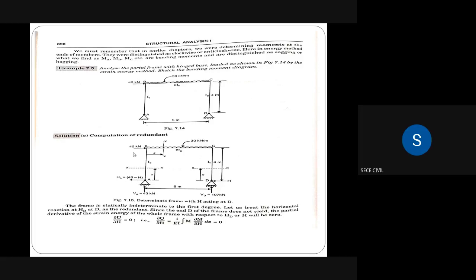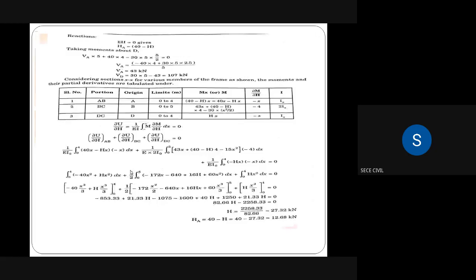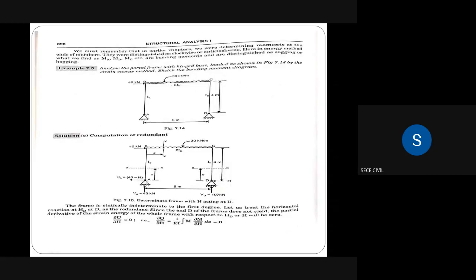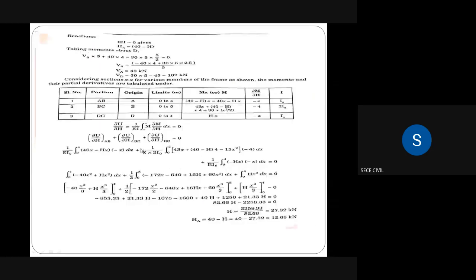ஓகே. ஸோ ஸ்பேன் ஏபியில் x is equal to 0னா பாயிண்ட் ஏ. x is equal to 4 மீட்டர்னா பாயிண்ட் பி. ஸோ பாயிண்ட் ஏ வந்து இன்ஜின் சப்போர்ட், அங்கே மூமெண்ட்டே வராது. x is equal to 0 சப்ஸ்டியூட் பண்ணால் 0 ஆயிரும். மூமெண்ட் அட் பாயிண்ட் ஏ 0 ஆயிரும். சிமிலர்லி when x is equal to 4 meter அப்படிங்கும்போது பாயிண்ட் பி. ஸோ பாயிண்ட் பிங்கிறது இன்டர்மீடியட். ஸோ மூமெண்ட் வில் பி தேர் அட் பாயிண்ட் பி. ஓகேவா? ஸோ இங்கே அதான் சப்ஸ்டியூட் பண்ணியிருக்காங்க.